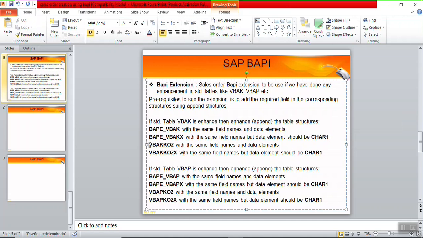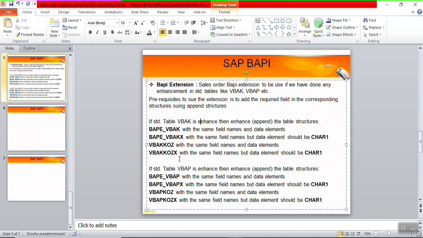Similarly, for VBAKKOZ, the same field and same data element, and VBAKKOZX with the same field but the data element should be CHAR1. This is to be done if we have added our custom field to the VBAK structure.